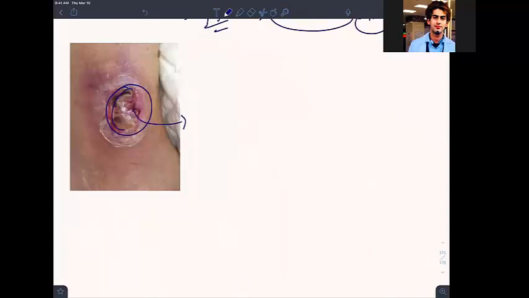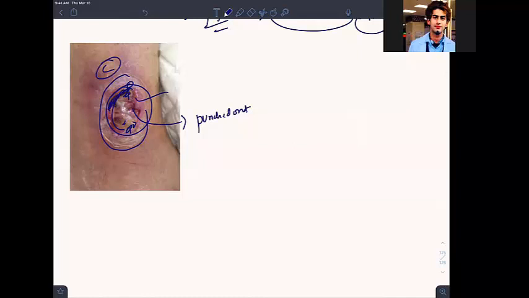So this cutaneous diphtheria is showing us the punched out ulcer, and there is an area of necrosis also. There is no membrane right now on this, but there can rarely be a pseudomembrane also. But remember, who caused this? Is it the toxin? No, it is not the toxin that caused cutaneous diphtheria. It is actually the organism sitting there. So cutaneous diphtheria is not toxin mediated. It is because of the organism. If you have C. diphtheriae in the skin at this place, then you will have cutaneous diphtheria.